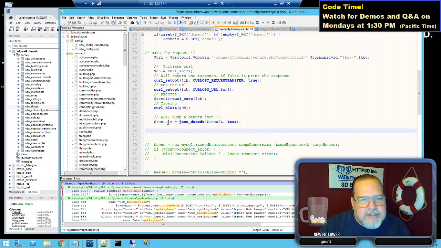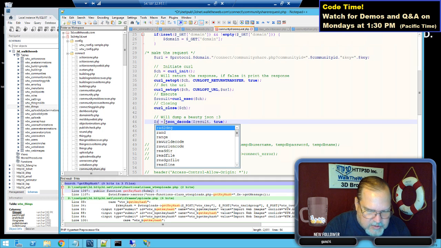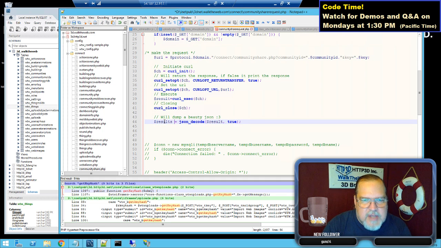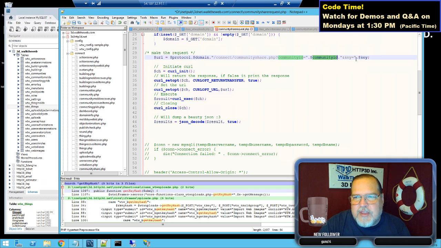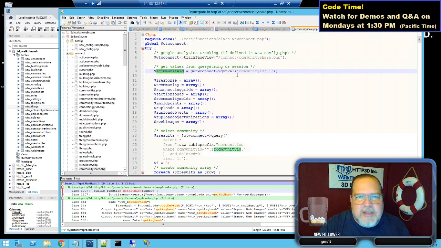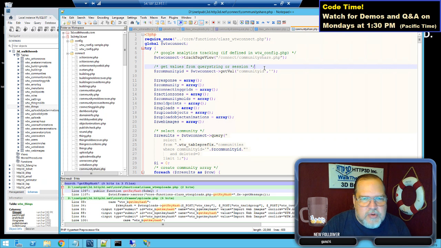Okay, so we did the JSON call, and it helps if I spell results right. Results. Okay, so we know that's what we're going to get back at this point. Now, before I go farther, notice I'm asking for the community with this key value. So if I go back to my community share file, I need to first receive the key file. And remember,